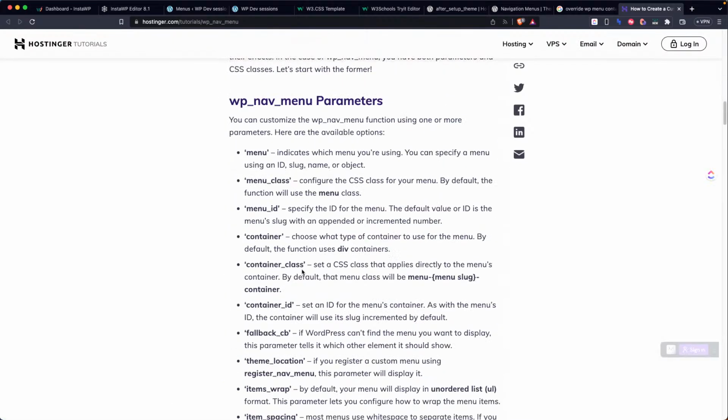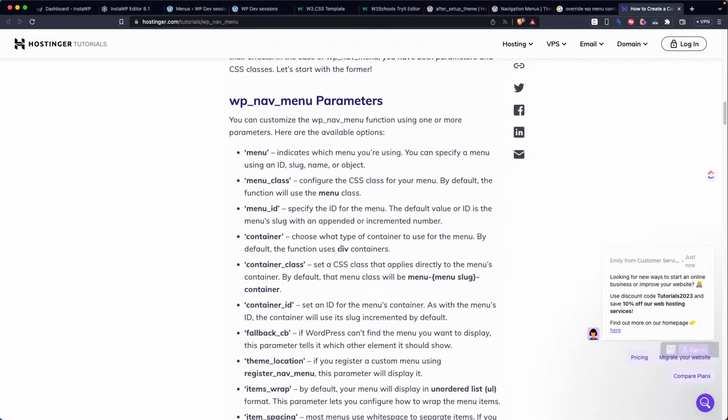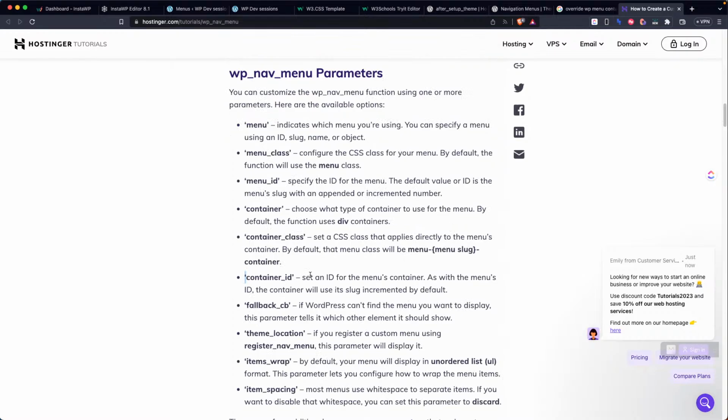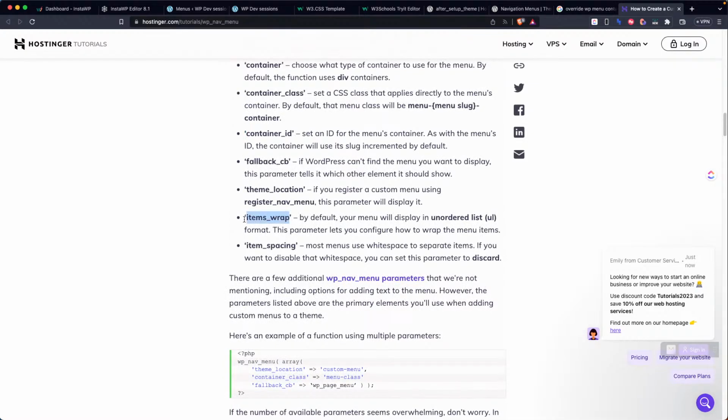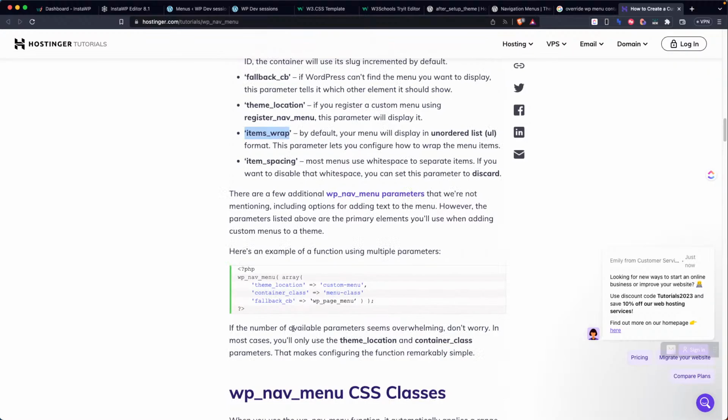So there is something here. There is configure menu class for your menu by default, menu ID, container. Choose what type of container to use for the menu. By default, the function uses div containers, and then container class set, yeah, that one we saw, and then container ID and items wrap. By default, your menu will display in another list format. This parameter lets you configure how to wrap the menu items. So this should be nice. Items wrap is probably what we need, and then